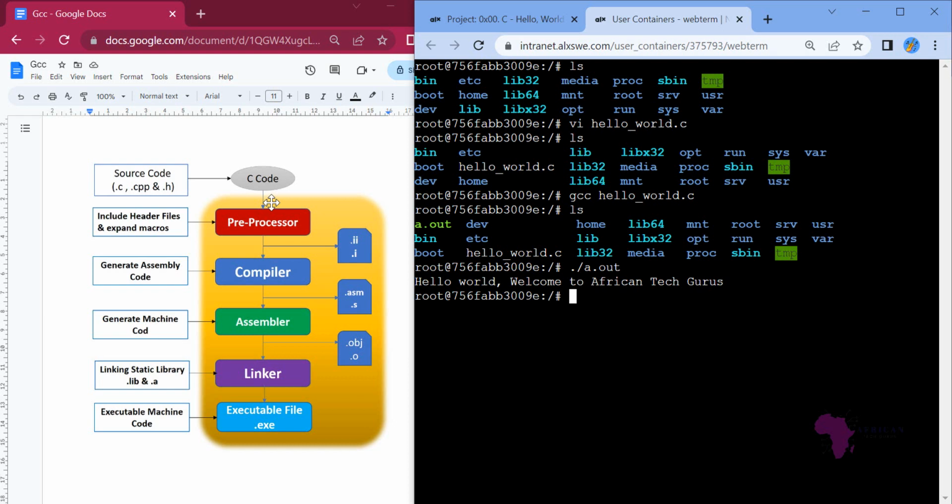If we try to understand, I will just use the first. So the first thing is that when you have your C code, it is being pre-processed. How does pre-processing happen? Pre-processing happens when you use GCC like this, but you stop at -E, meaning that you are creating a pre-processed file. So that is -E, and then which file are we pre-processing? We are pre-processing a file called hello